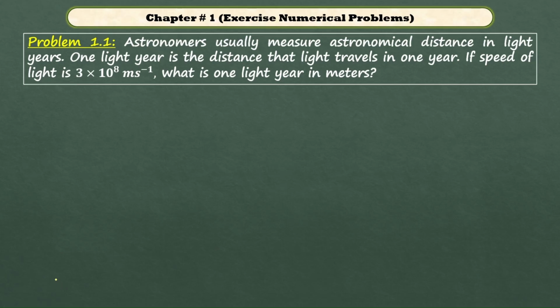If the speed of the light is 3 into 10 to the power 8 meters per second, what is 1 light